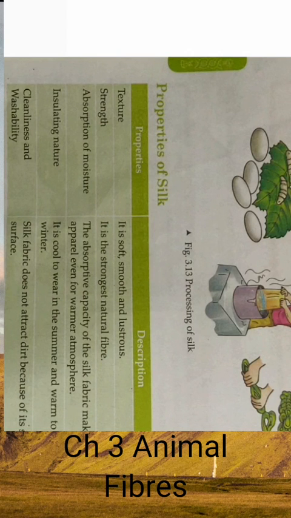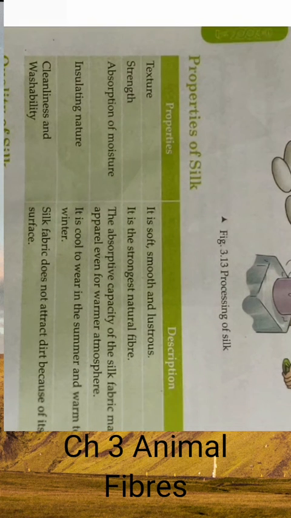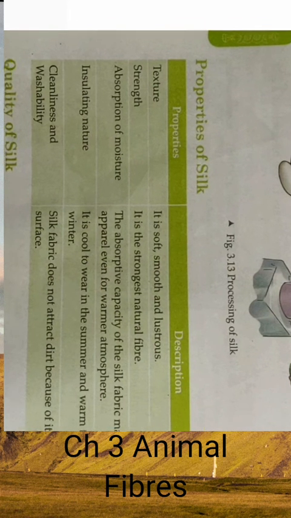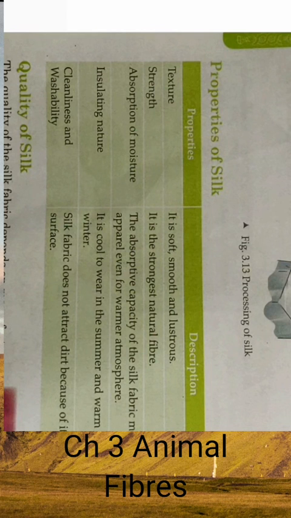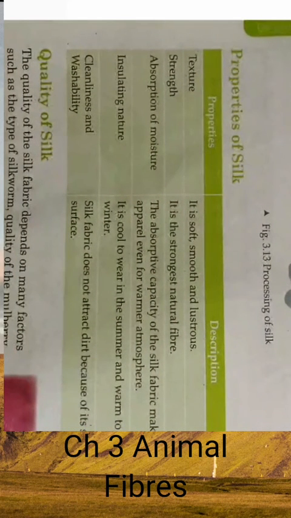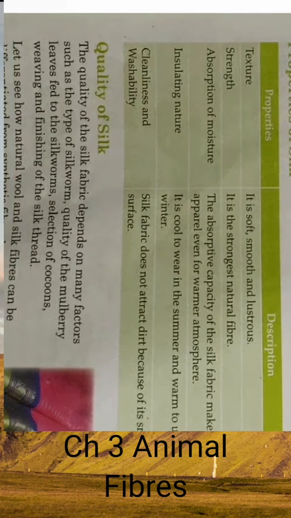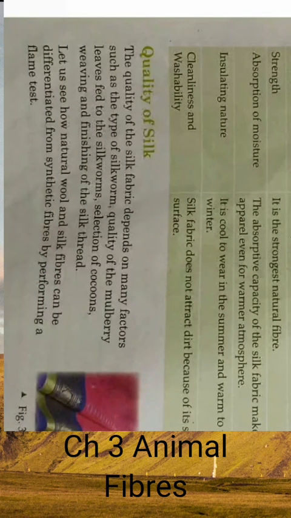As far as the properties, the next topic, are concerned, among the different types of natural fibers, silk is considered the strongest natural fiber. If you ask your mother or father for any cloth made of silk and touch it, you will understand how soft its texture is. The quality of silk depends on other factors too, primarily the quality of the mulberry leaves fed to the silkworms and the machinery used when reeling or filature is done.